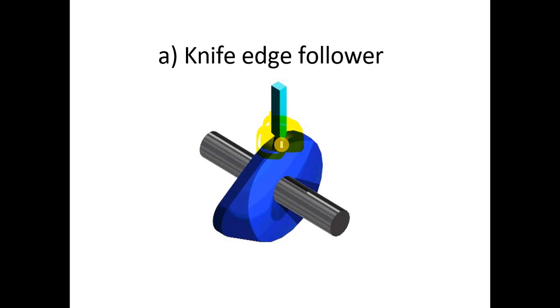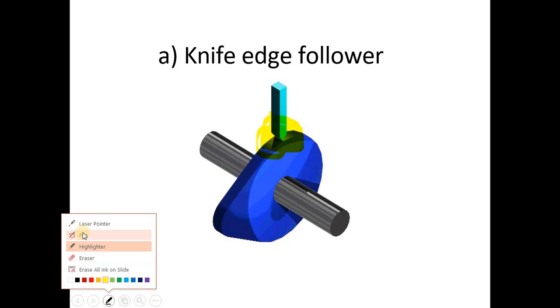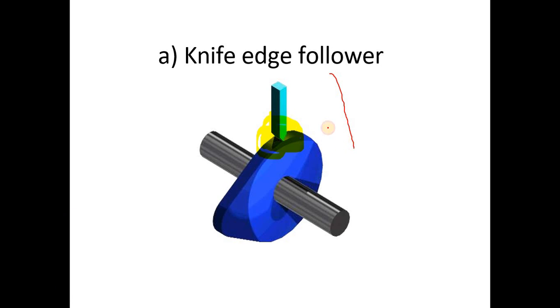The knife edge has a point contact with the cam. Due to this point or line contact, there is tear and wear of the sharp knife edge, and due to this there is a reduction in the stroke length. Look at this, this is the stroke length, you can see over here. This vertical distance of the cam is what we call the stroke length. So due to the wear of this edge, there is a reduction in the stroke length.